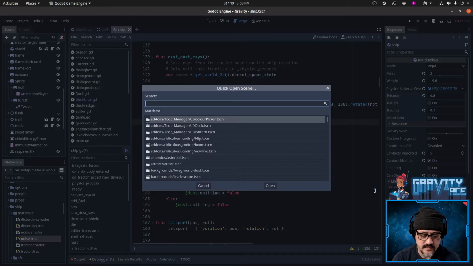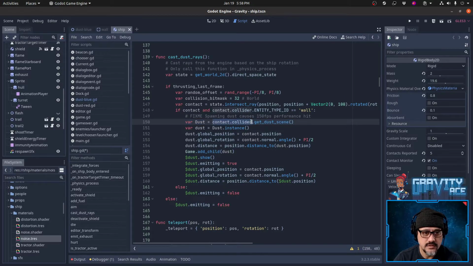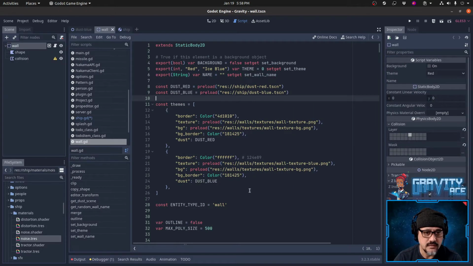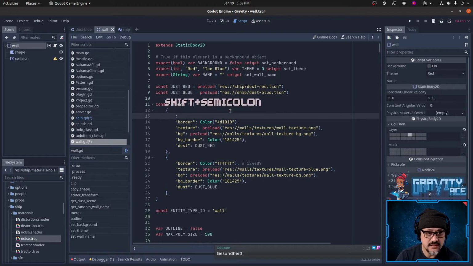What does that do? That's going to be in wall. This is a wall. So it's doing a ray cast to a wall, and it's getting the dust scene from the wall's theme. Which is one of these, right? But maybe I'll just do something like